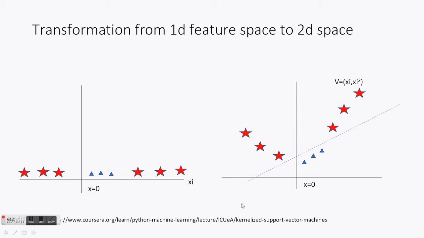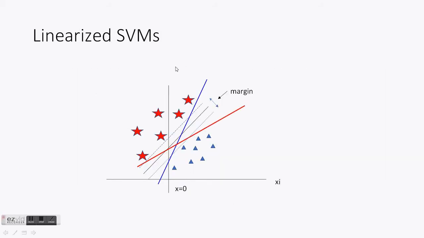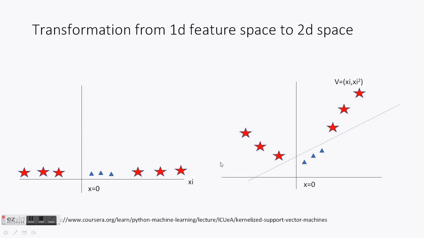So the earlier example which we saw was pretty straightforward. You could create a very simple linear boundary to separate the two classes. Whereas if I take this slightly more complex example where the red star is one class and the triangle is another class, there is no way I can have a linear boundary that separates these two classes. The way a support vector machine does this, it employs a trick. It employs a kernel, and what this kernel does is transform this input space into a higher dimension. So this one-dimensional space becomes a two-dimensional space